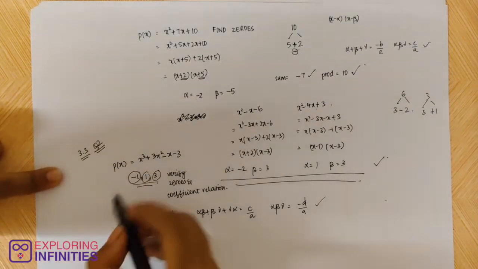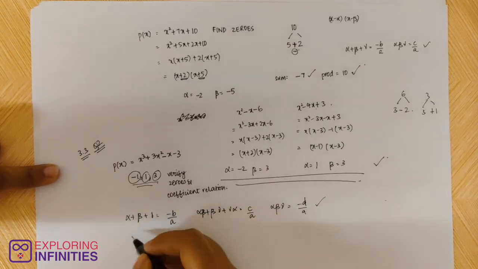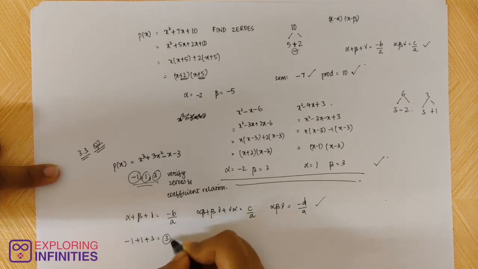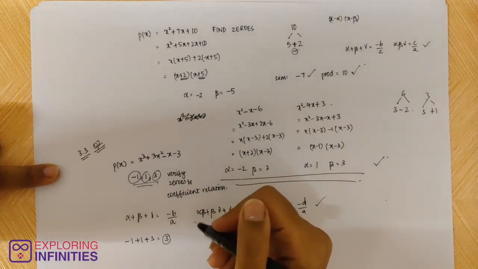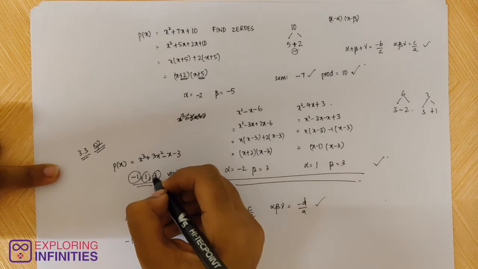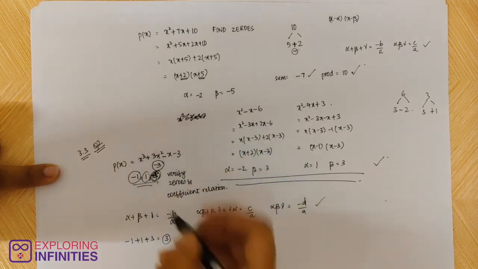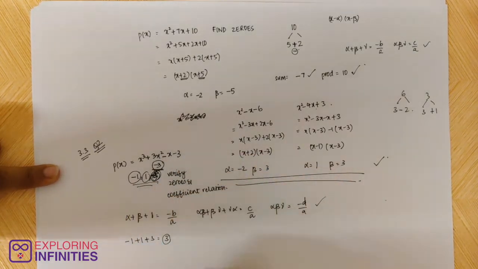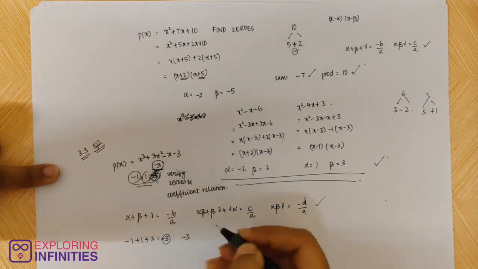So let's just do this. So if these three are zeros, which is verified already, then alpha plus beta plus gamma will be minus 1 plus 1 plus 3. So that is 3. And minus b by a, as you can see, one second, oh sorry, so the question says this is minus 3. I'm sorry for giving you the wrong question. This is supposed to be minus 3. So zeros are verified here. So now minus b by a will be minus 3 by 1.